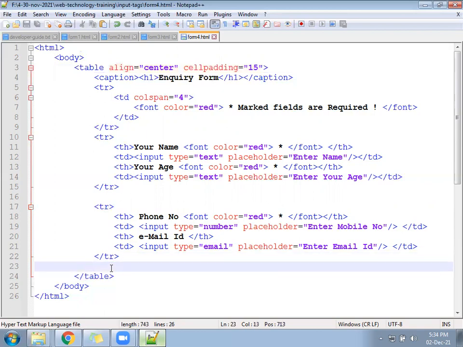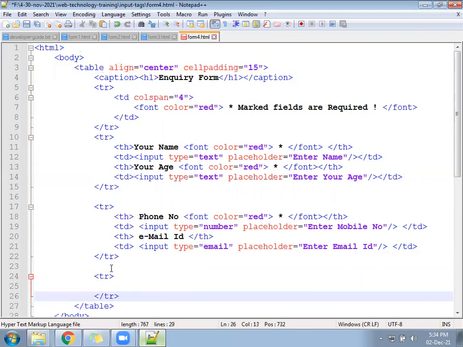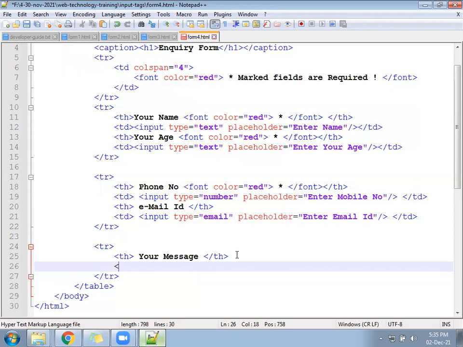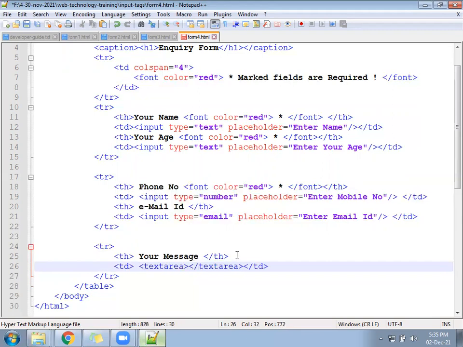Next, write the TR. In that, you will follow the TH, your message. TD, text area, open text area, close.